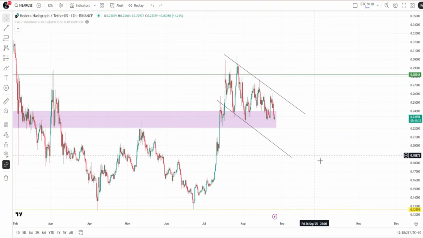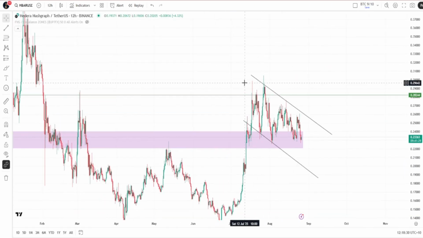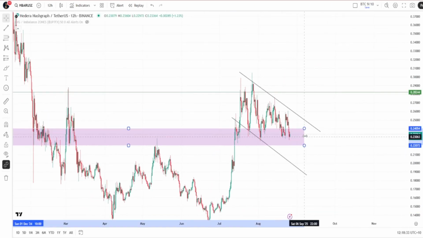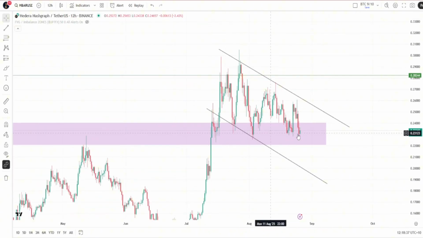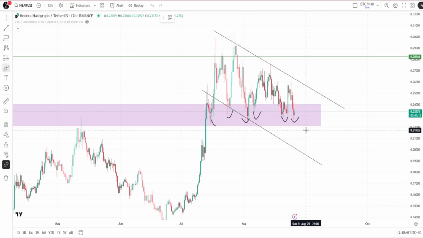And once it does break out from this bull flag, you can draw it however you want. I think it's just a channel moving to the downside. I think we are at a good support region. You can see that we've held here multiple times. If price was to break down below these support regions and take out the 1, 2, 3, 4, 5, 6 lows that it's set down here at these levels now, I would expect price to move down quite a fair bit lower, quite aggressively. So even though we have set a lower high here,